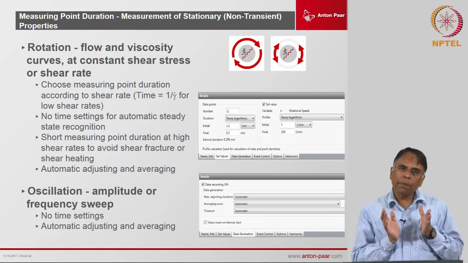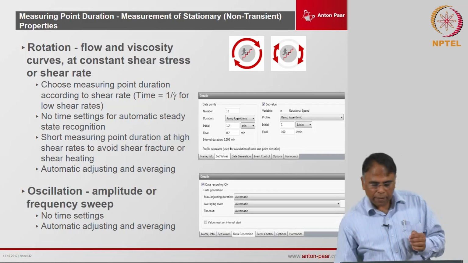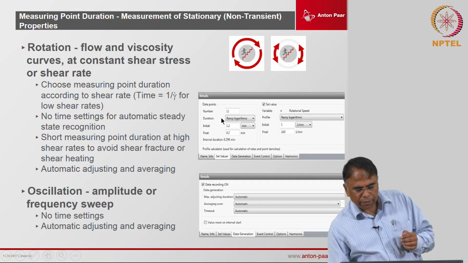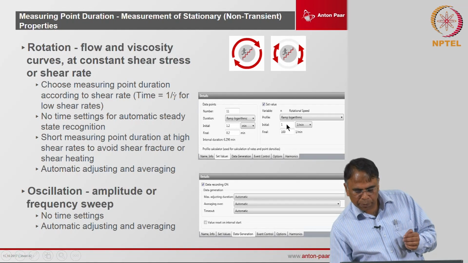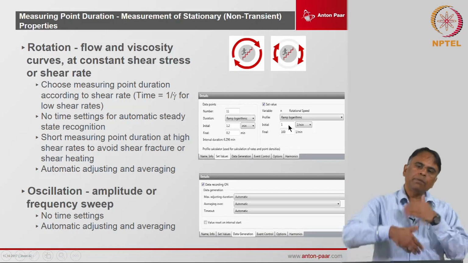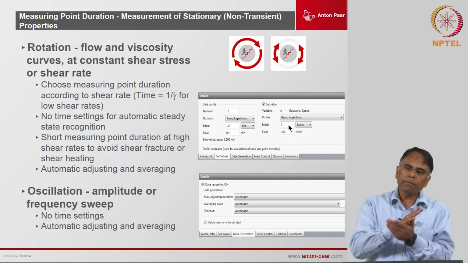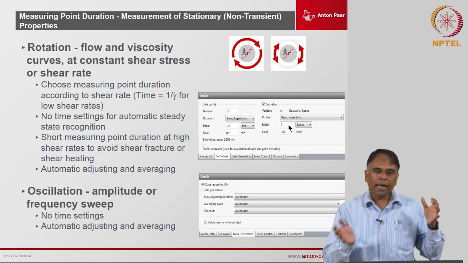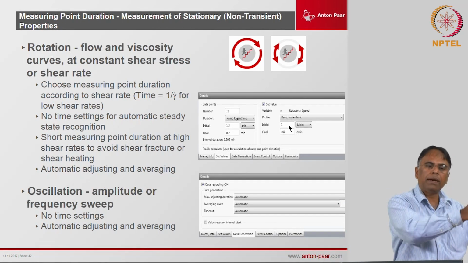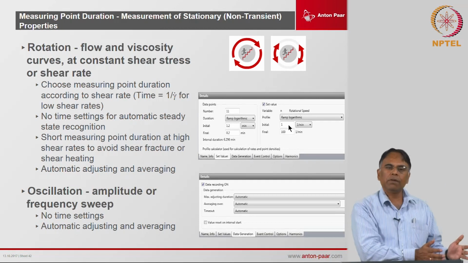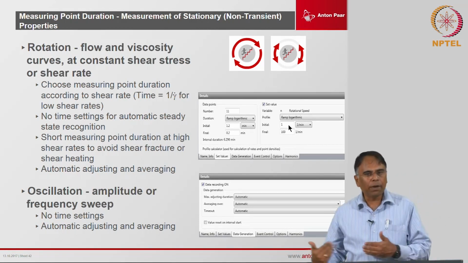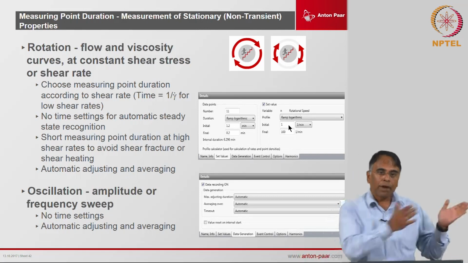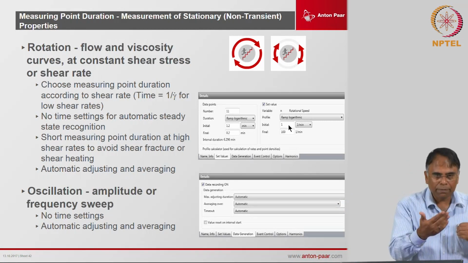So, when you are setting these parameters of shear rates, take care of the timings that you are using. If you are going from low speed to high speed or low shear to high shear, you take a reciprocal of the time also. Let us say I am starting from 0.01 shear rate to 100 shear rate, then I can start from a measuring time point of say 120 seconds down to 5 seconds or 1 second, because 100 shear rate will be over in a fraction of a second, whereas 0.01 will require 100 seconds plus time.